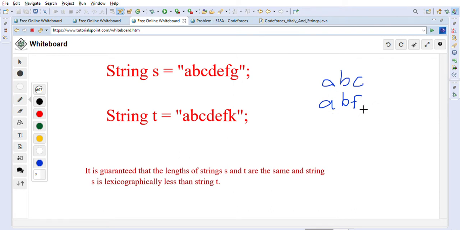Now as you can see, the last character F is greater than C. When you write the alphabet A, B, C, D, E, F, G, H, F is greater than C, which means that ABF is lexicographically bigger than ABC, or ABC is lexicographically smaller than ABF.